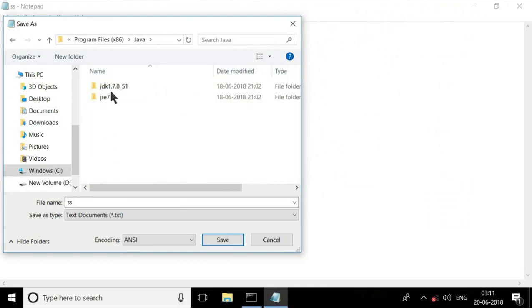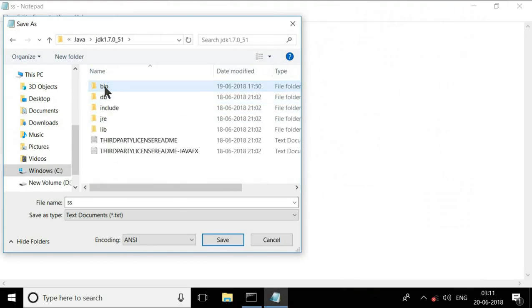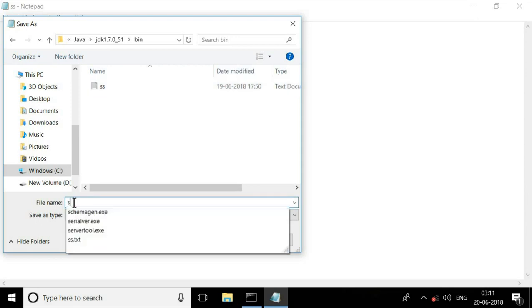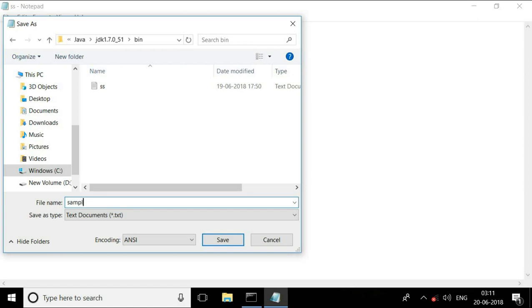Inside Java folder, JDK, then bin. Inside this, you have to save your program in the name of your main class. My main class is sample, so I will type sample dot java. So here it is. So press save.